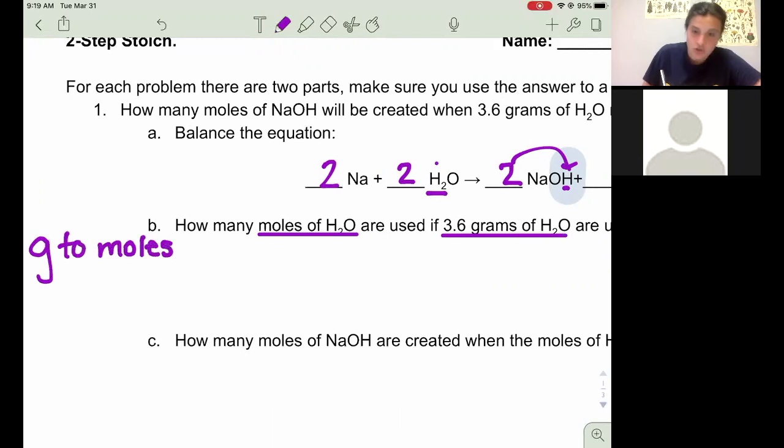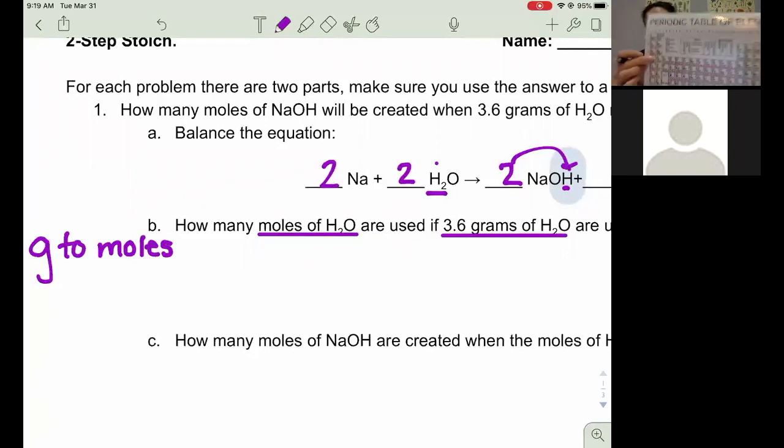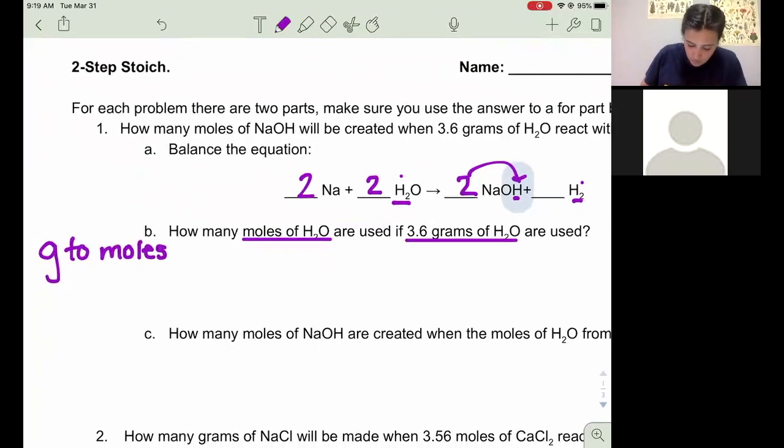If I'm going from grams to moles, if we have anything that involves grams, you need to use your molar mass. Because I have grams, I'm going to look at this beautiful piece of paper that I know you guys all miss so much. I have to use my periodic table if I'm going from grams to moles. If you see grams in your equation, you should automatically think molar mass. So the molar mass of water,